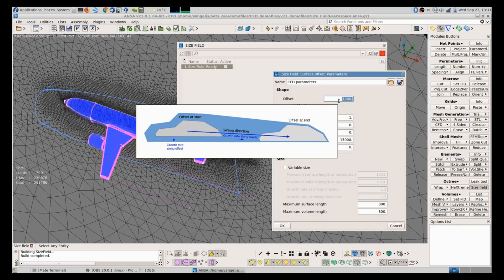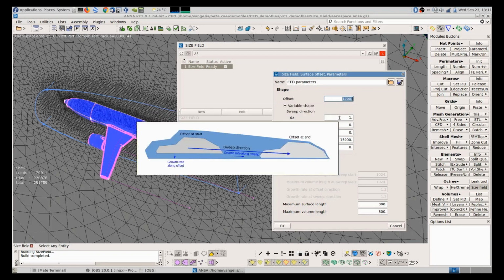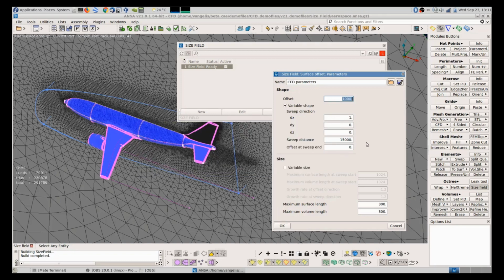And at the end we can have a different offset value as well. This gives us a very nice refinement of the wake of a shape. So our vector is x direction, our distance is 15,000, and we specify a maximum surface and volume length in that space of 300. We could also specify a variable size as well, like before.